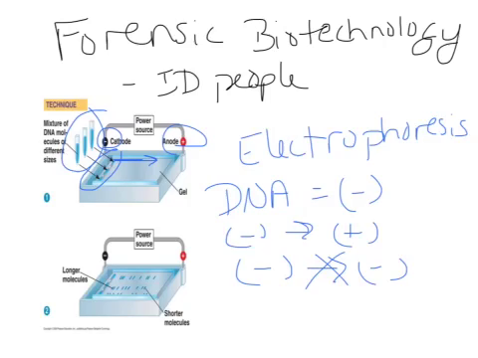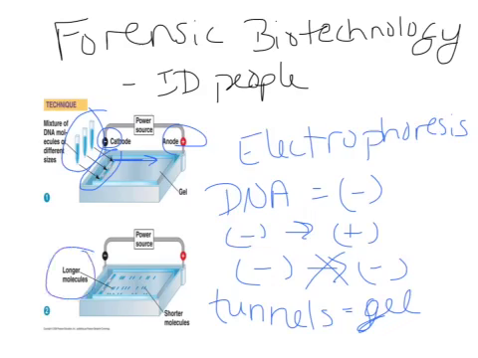The gel itself is like a tunnel matrix, almost like going through a forest. Okay, and so the gel itself is a series of these small little tunnels. And so the DNA has to fit and squeeze through these tunnels and work its way through the gel as it's being moved by these charges. And so the smaller the DNA molecule is, the farther it can travel. So you can see on the second picture, you've got longer molecules that didn't go quite as far, and the shorter molecules that were able to travel farther because they were able to get through the gel easier than the longer fragments that get caught up in the gel.